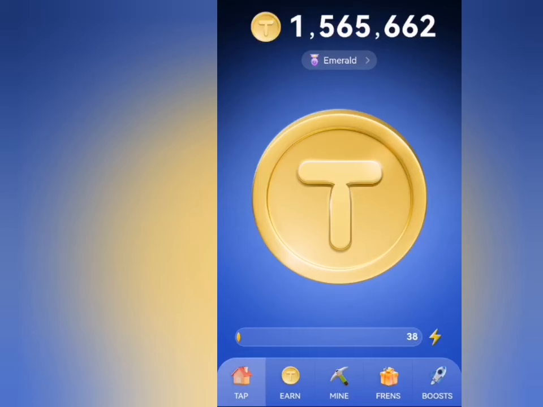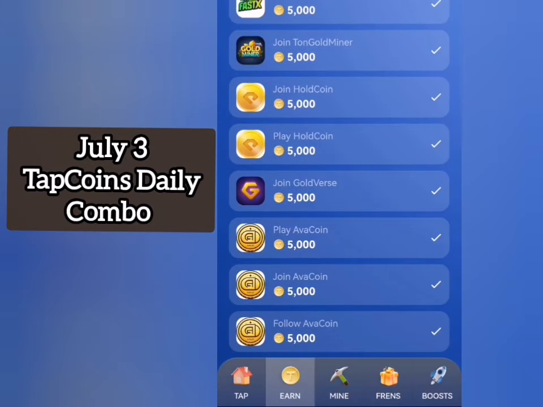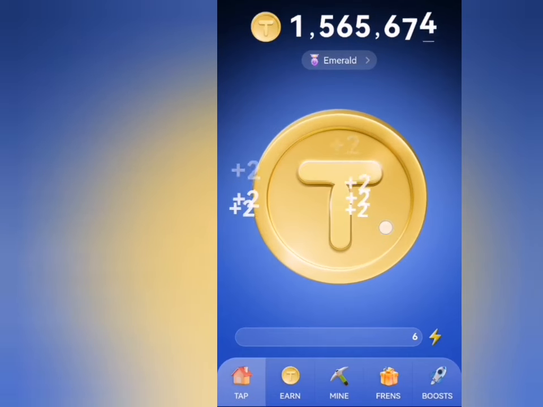TapCoin daily combo. Alright, let me quickly explain this before beginning to pick the combos one after the other. You can use the earn section to earn more just by completing the tasks in the earn section, as well as the boost section. For example, if you head back to the home page, you see that I've exhausted my